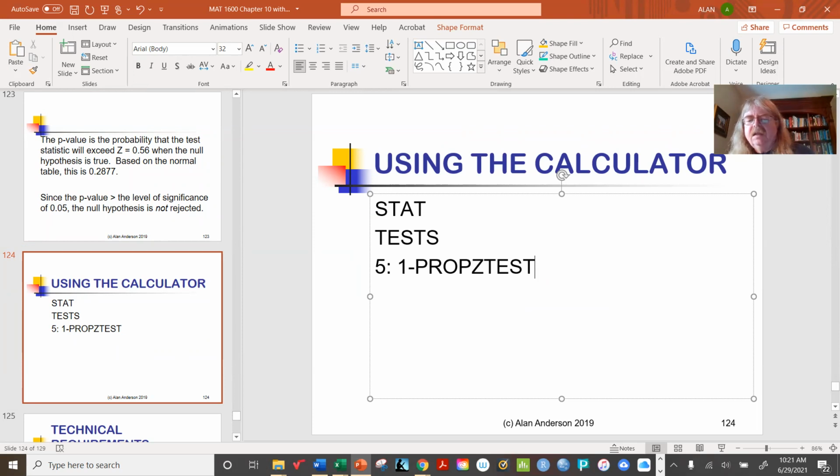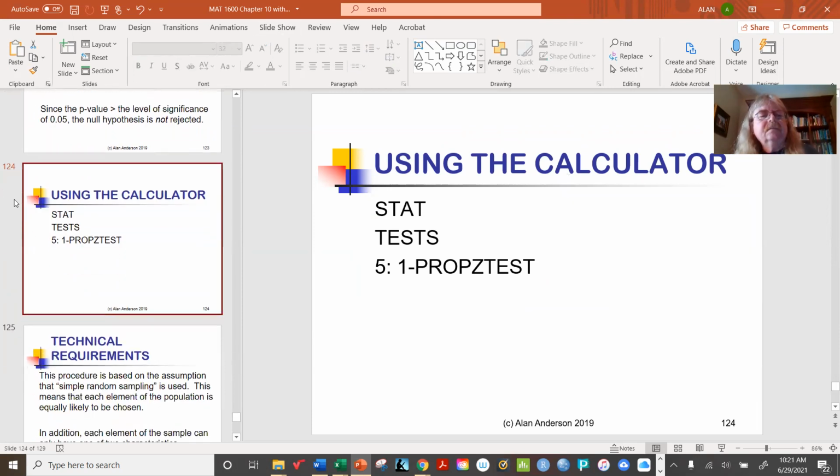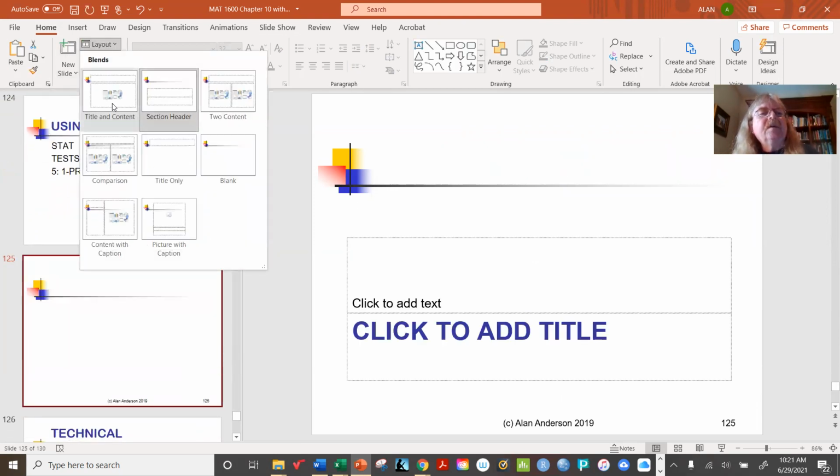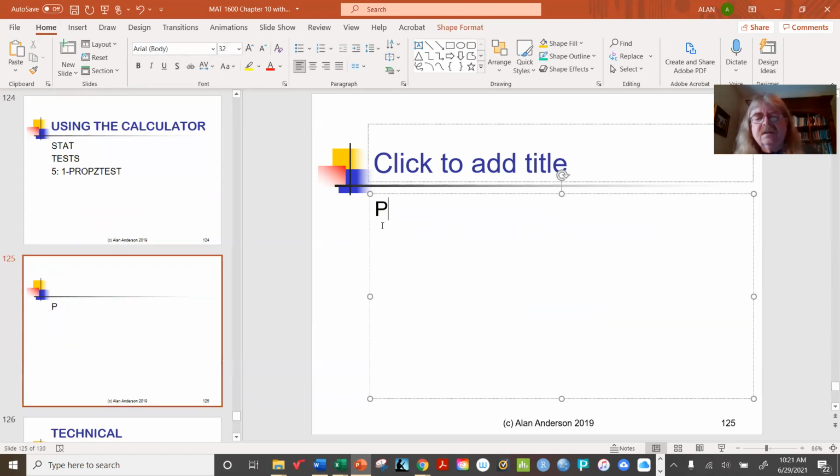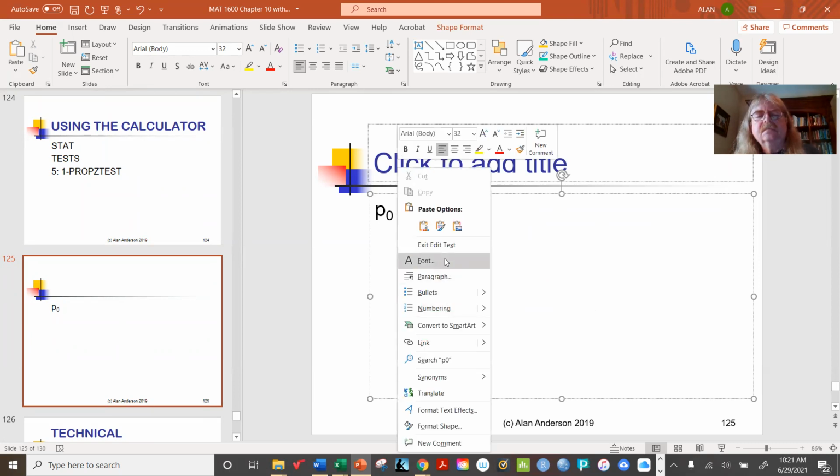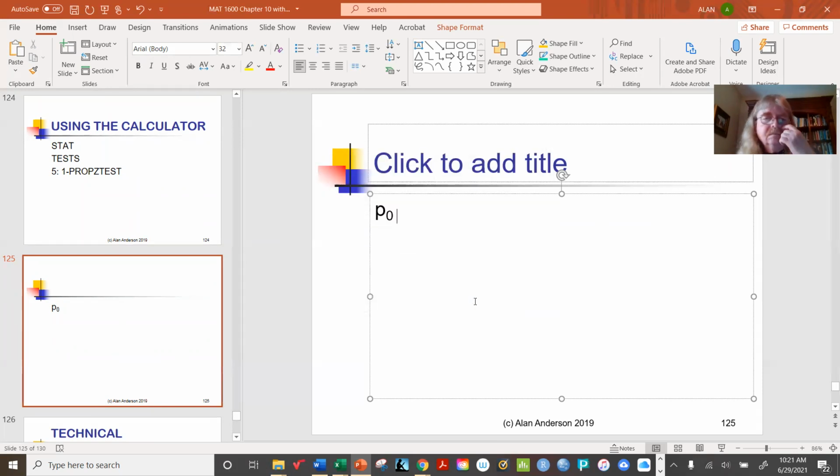And when you get there, it's going to ask you for a few things. For example, P0. Now, the calculator sometimes uses slightly different notation than we do. It doesn't use pi like our book does. The P here actually means hypothesized proportion. Which in our case is 0.15. And then it asks for X, which